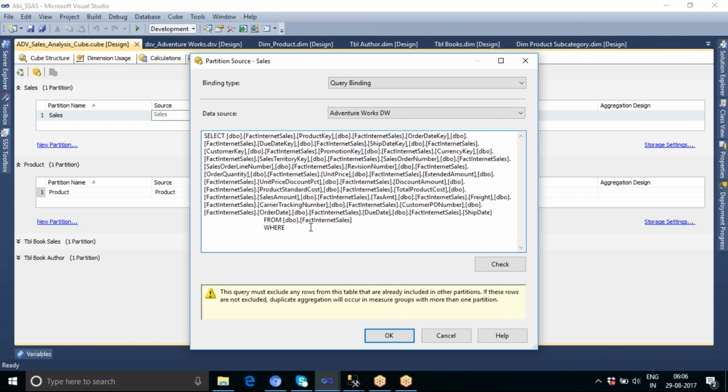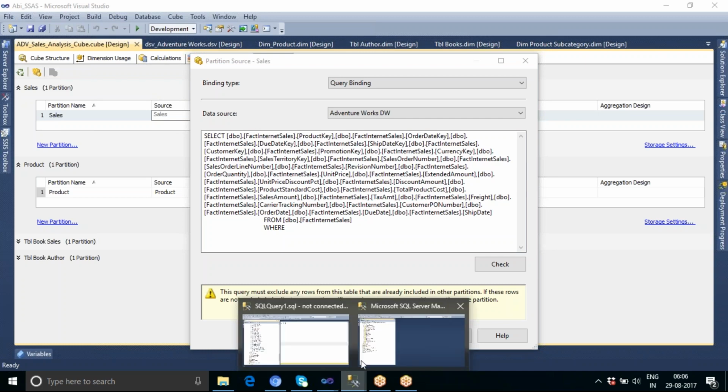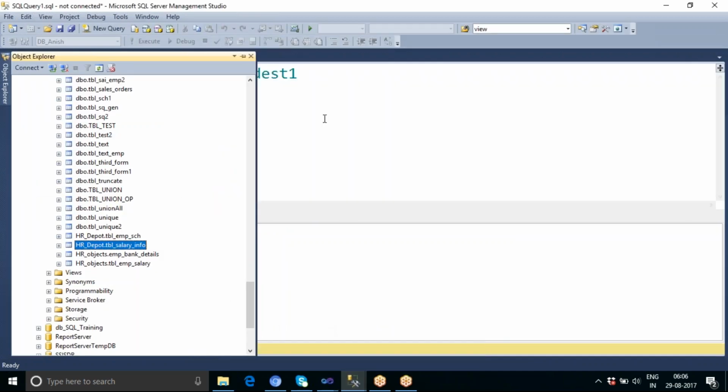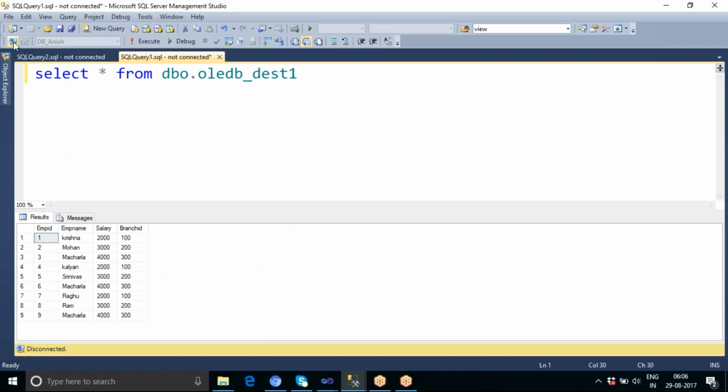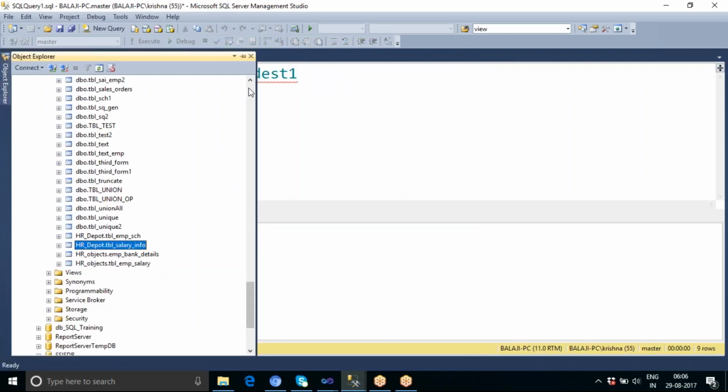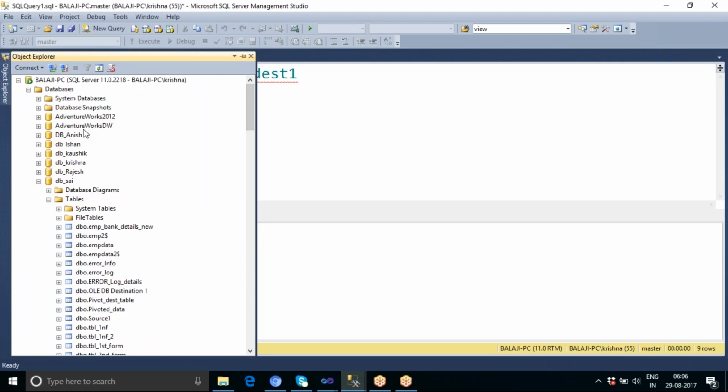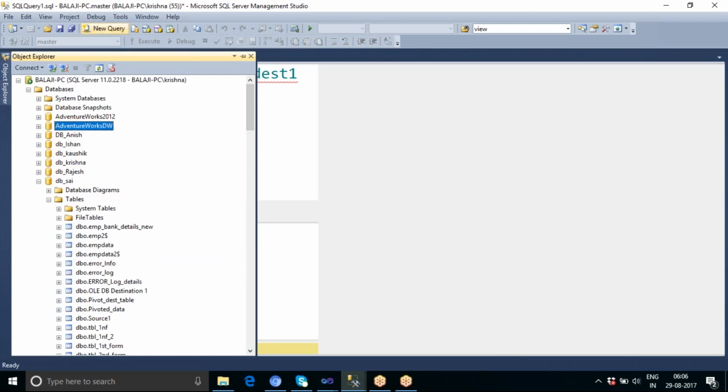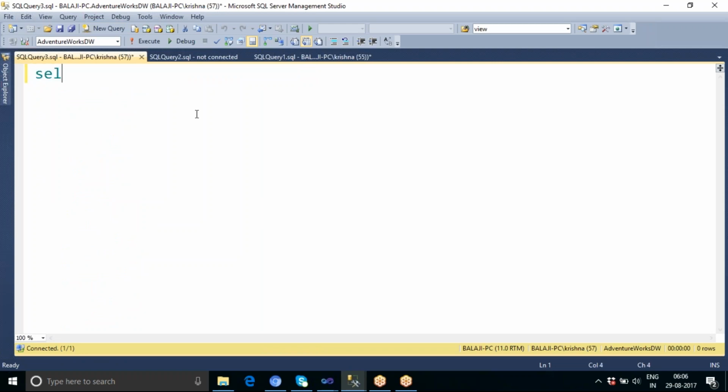Let us say that we have one where condition. Let us go to this table. You can directly write. We click on connect to my database, and go to the Adventure Works data warehouse. So let us see how many different years are there in my fact internet sales table. Select star